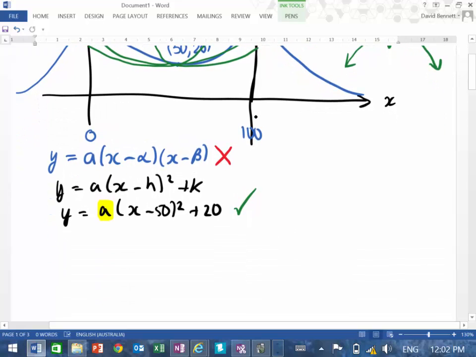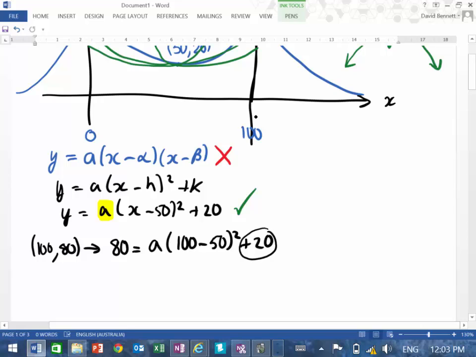180. So I'm going to use the point 180. So what does that do? Well, what's my y value going to be in this case? 80, when my x value is 100. 80 equals A times (100 take 50) squared plus 20. So straight away, because that's a plus, what are we going to do with that when we bring it across the other side? Make it minus 20. So 80 take 20